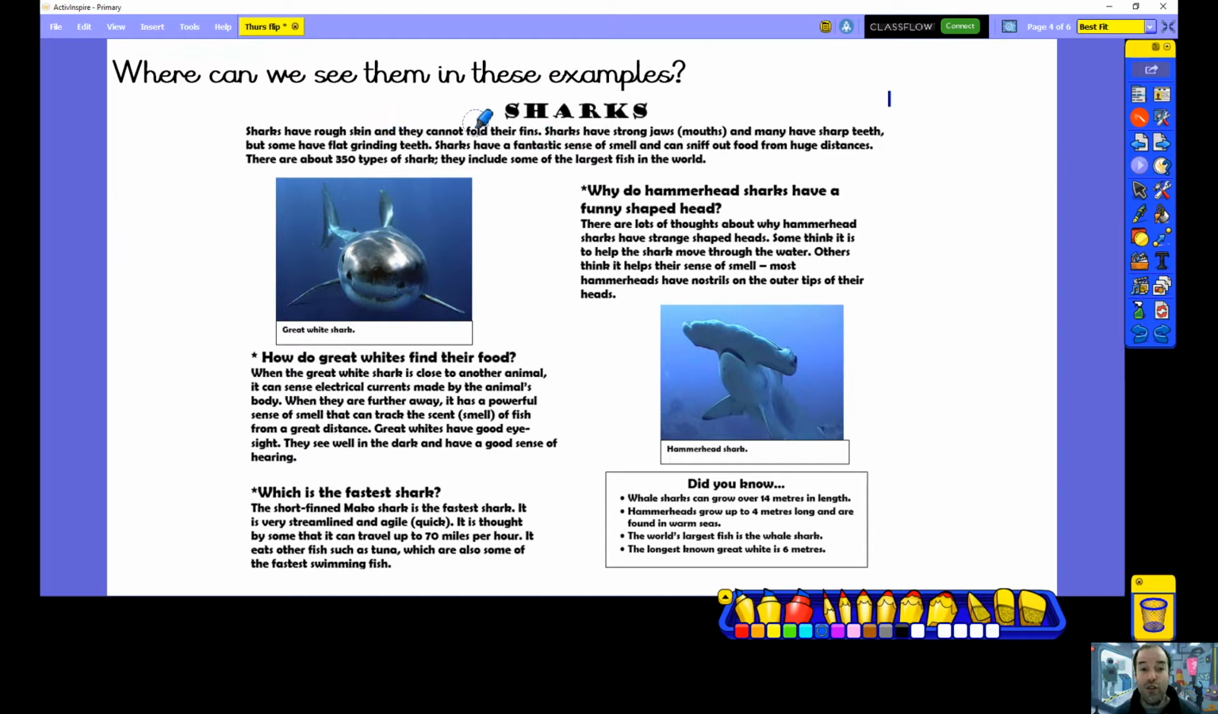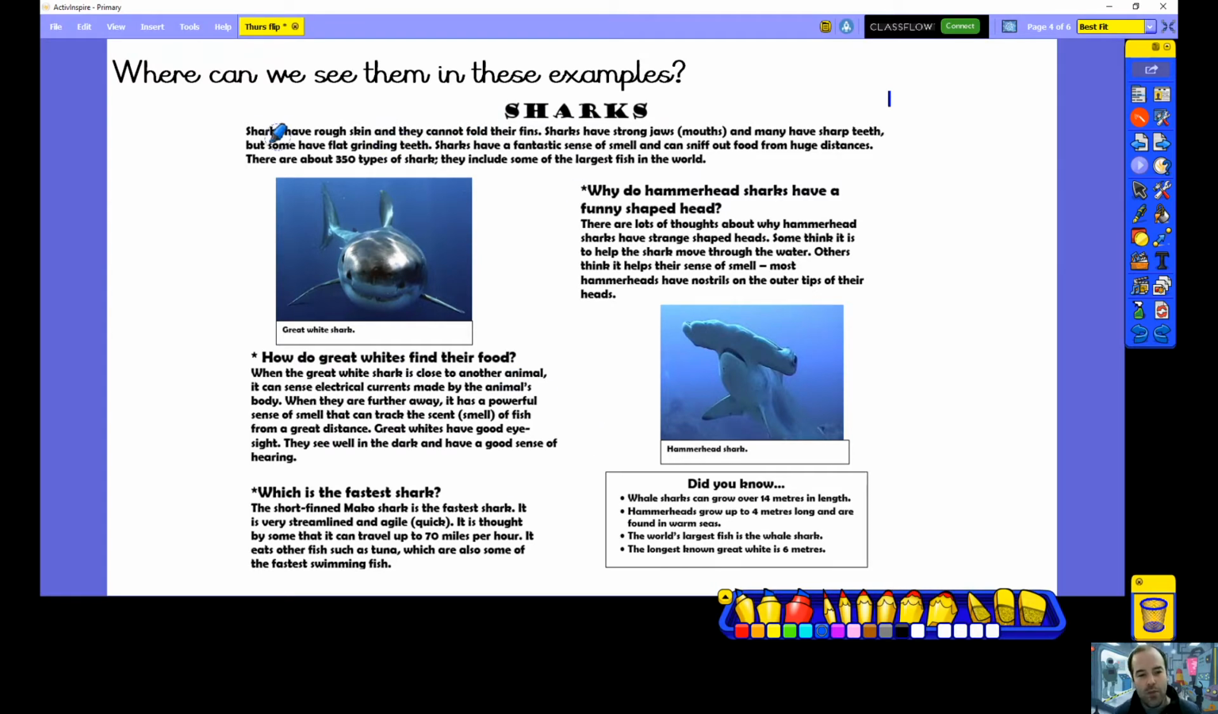Sharks have rough skin and they cannot fold their fins. Sharks have strong jaws, brackets mouths, and many have sharp teeth, but some have flat grinding teeth. Sharks have a fantastic sense of smell and can sniff out food from huge distances. There are about 350 types of shark. They include some of the largest fish in the world. And then it goes into more specific things like hammerhead sharks, great white sharks, the fastest shark, did you know